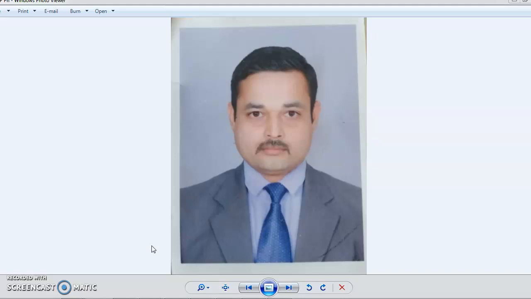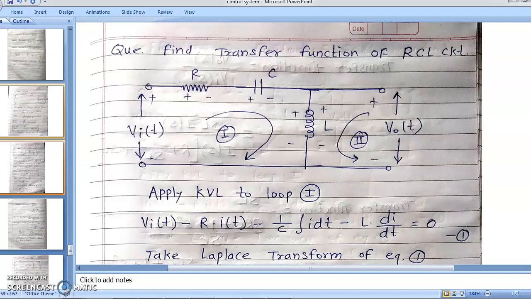So in this session we are going to see how to find the transfer function of a given circuit. Find the transfer function of an RCL circuit. First of all, draw the circuit diagram. In this RCL circuit, we are measuring the output voltage across the inductor, and we are finding the transfer